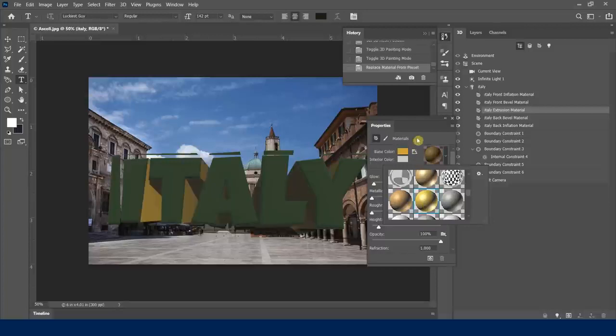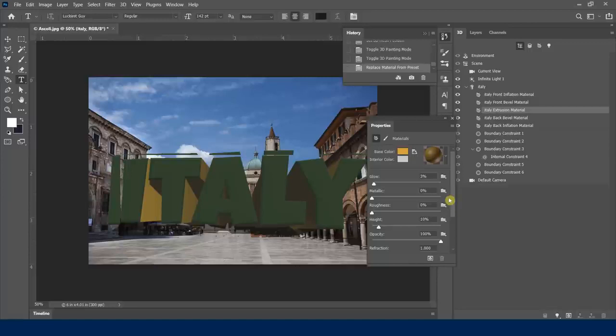You'll see, just like that, that changes here. And you'll see that there's my base color, my interior color. Okay, kind of neat. Let me just go ahead and bring up the glow a little bit. So I can see, oh, that's kind of neat. Going a little more metallic. The roughness,